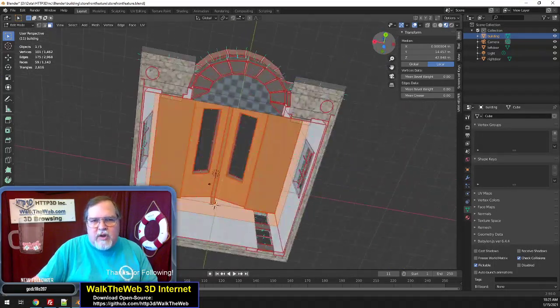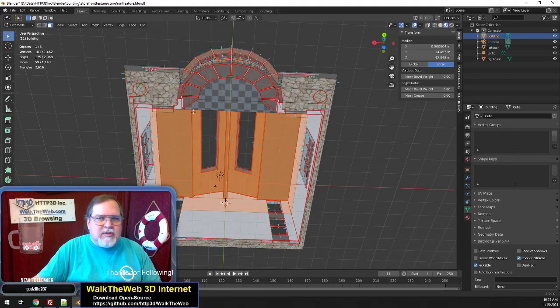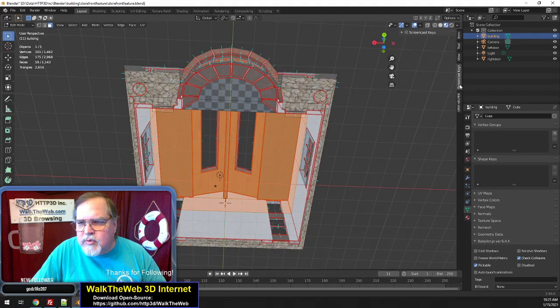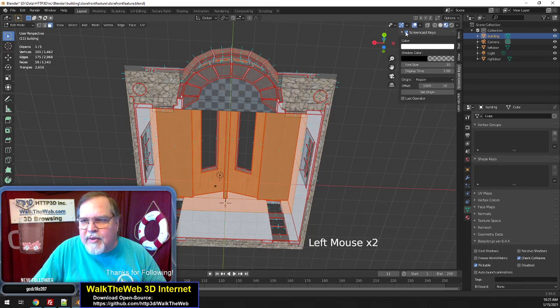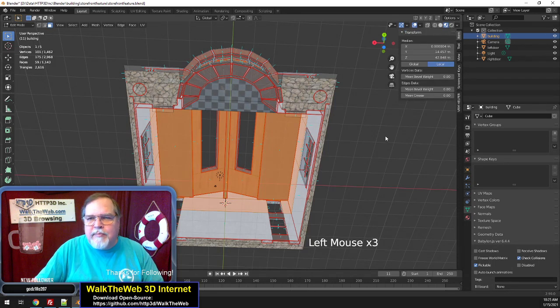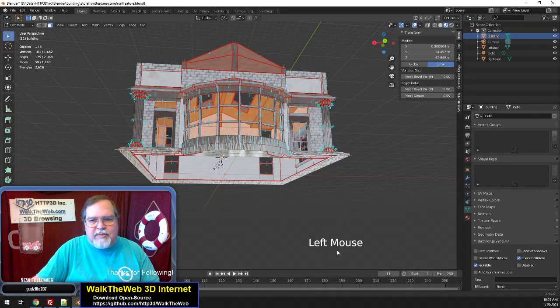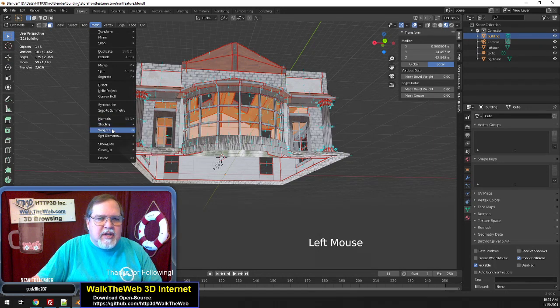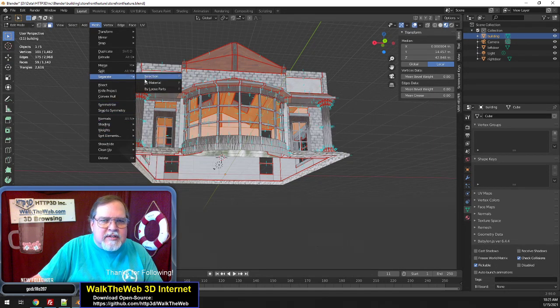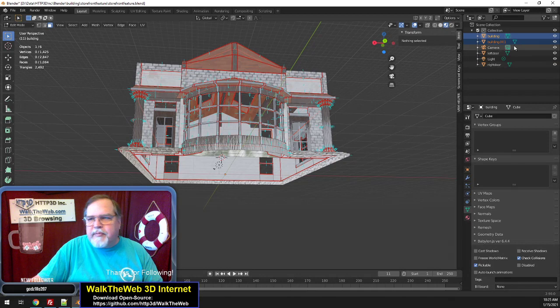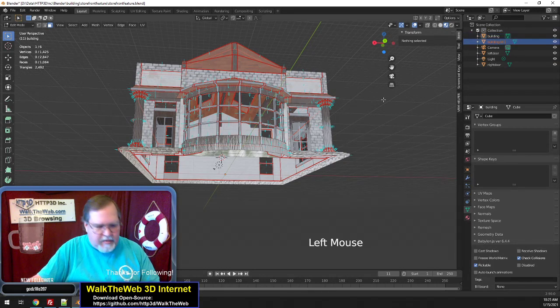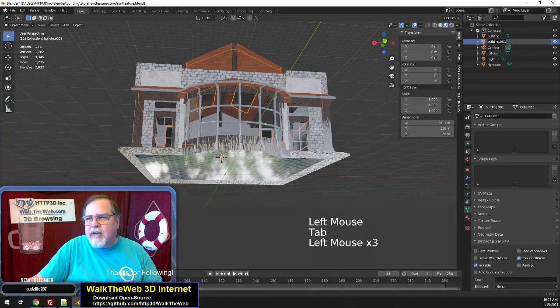Okay, so now that I've grabbed those all, I'm going to, well, actually I need to, for some reason my keys aren't staying on when I turn them on. So I'll turn it back on here. I may have not saved it that way, so I'm not blaming them. It's a cool thing, but now you can see what I'm clicking. Okay, so first thing, mesh, and we have separate by selection. What we did was we now have a separate section that we can call